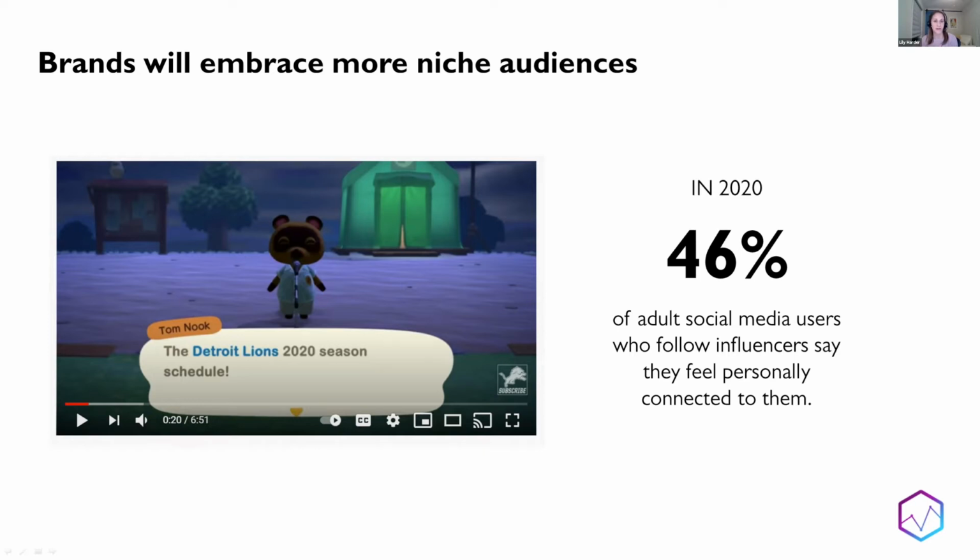Just one example of this happening, of course, is the popularity of Animal Crossing. I just found this so fascinating that a video game has attracted the likes of many brands who are utilizing this very popular interactive game as a way to get their brand out there. So Ally Bank did this to talk about their investment platform capabilities. The Detroit Lions actually released their season schedule on Animal Crossing. And it really just was a way to engage in a unique way in a location where many consumers were clearly spending a lot of time while they were socially distanced and isolated.